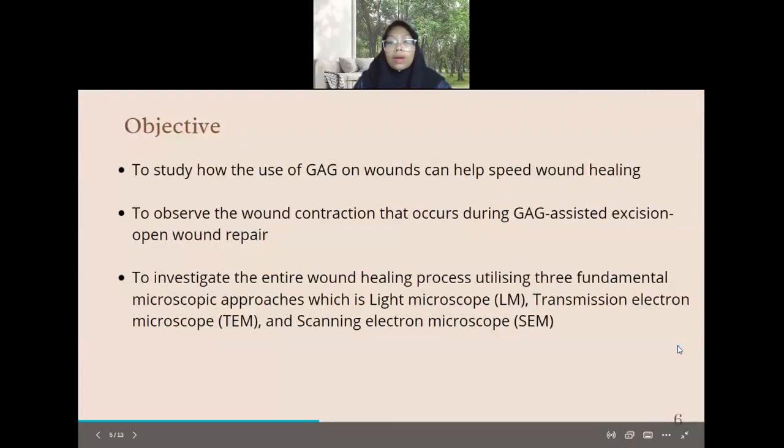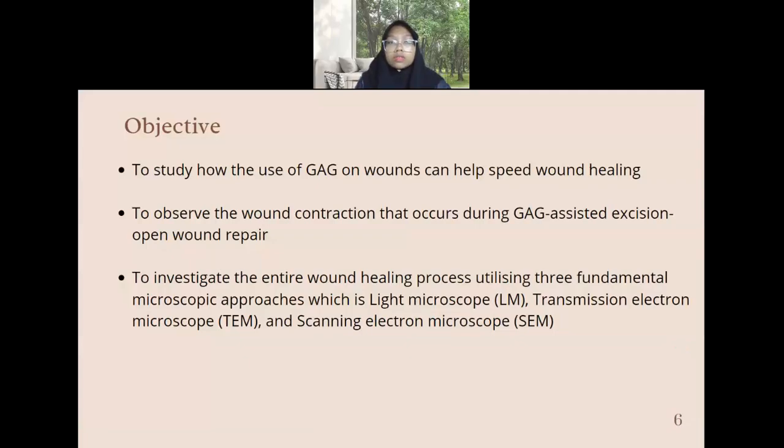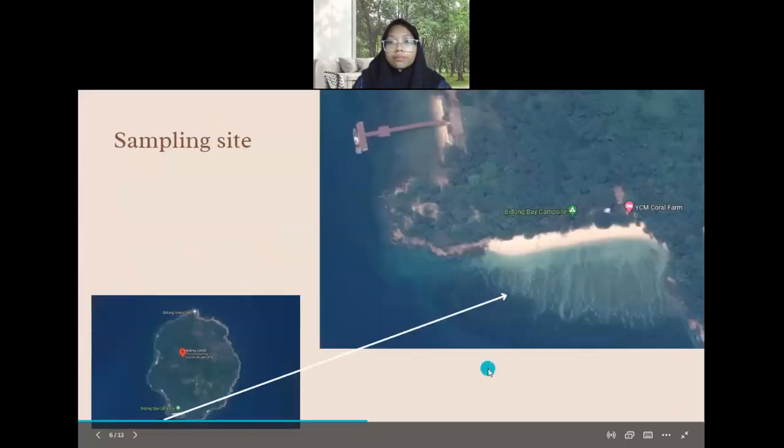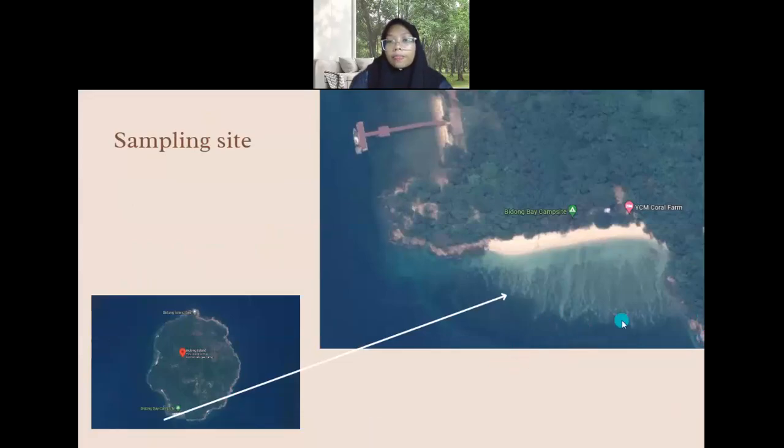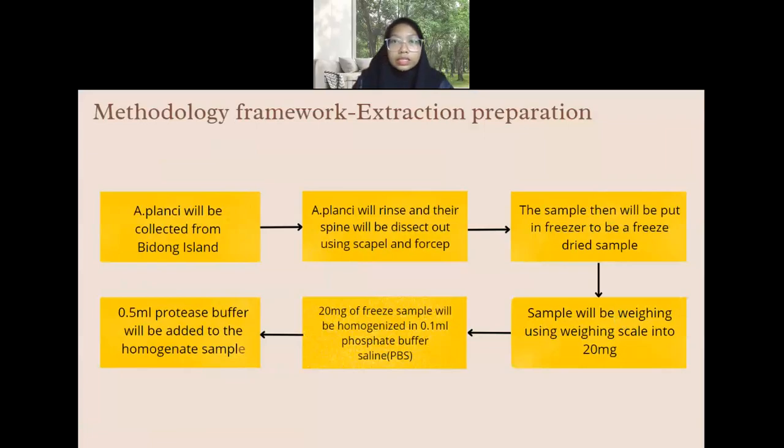My objective for this experiment is, first, to study how the use of GAG on wounds can help speed up wound healing; second, to observe the wound contraction that occurs during GAG-assisted excision, open wound repair; and third, to investigate the entire wound healing process utilizing three fundamental microscopic approaches, which are light microscope, transmission electron microscope, and scanning electron microscope. This is my sampling site. The crown-of-thorns starfish will be collected near Bidong Island. And for the methodology,